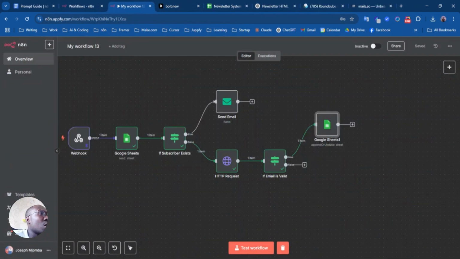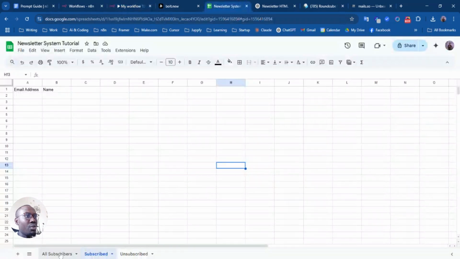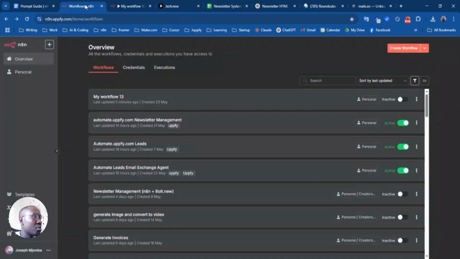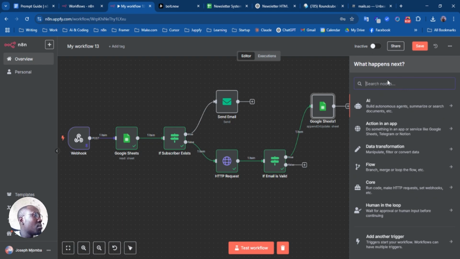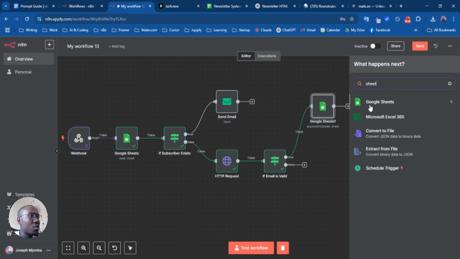Now we are also going to add this user to the subscribed sheet because we already have him here. We need to also add him here, right? Because this is the sheet we're going to use, just going to do the same thing. Make sure you just hover on this node, click it, and just drop it somewhere. You'll see this pop up. Boom, just select this one. Just going to append